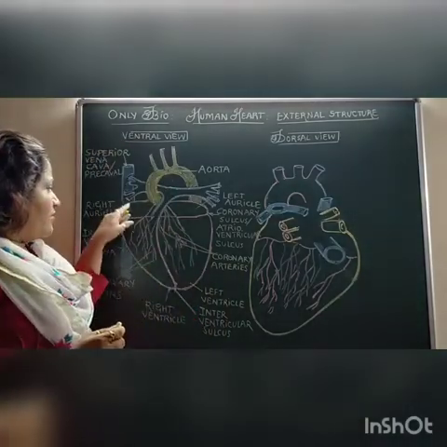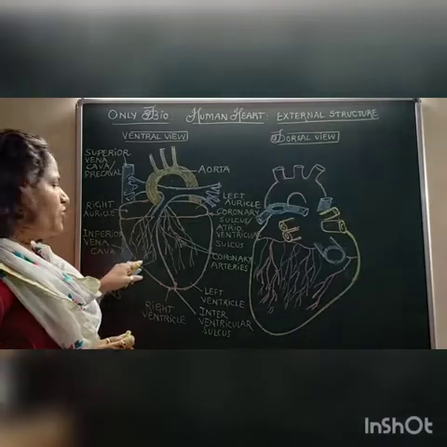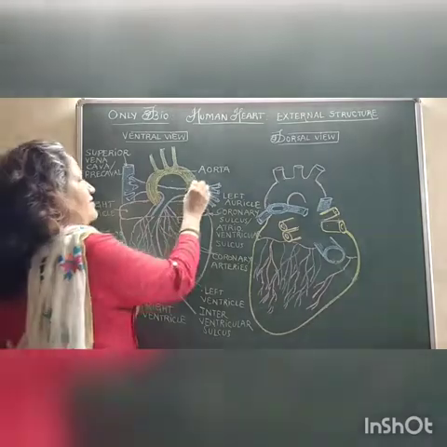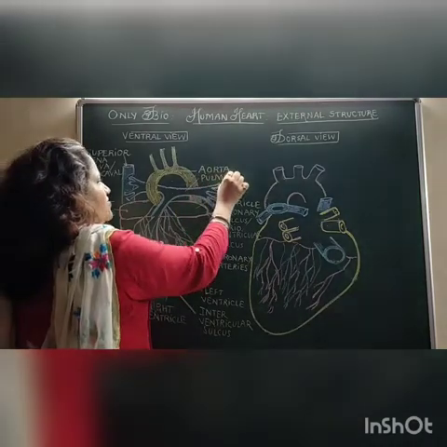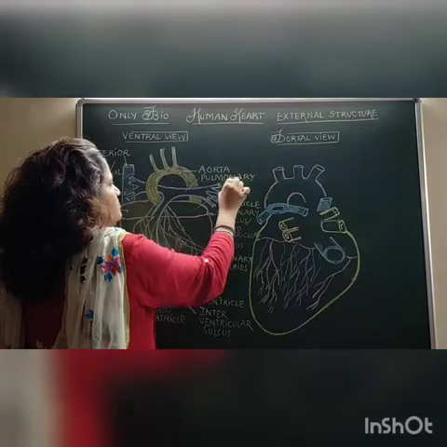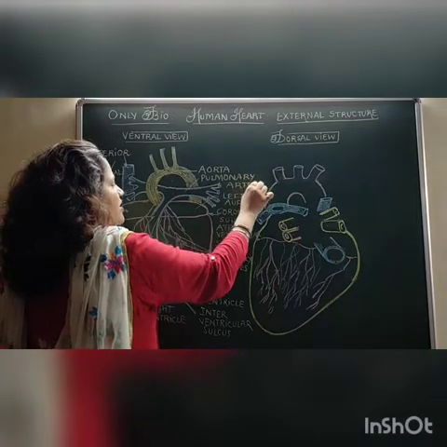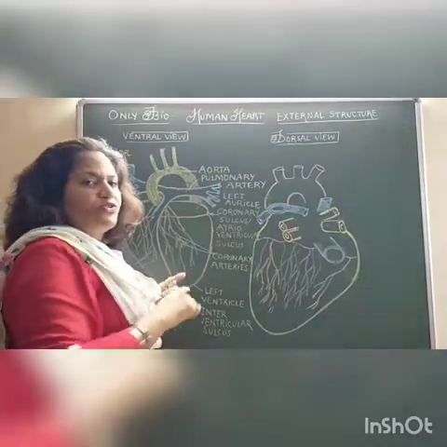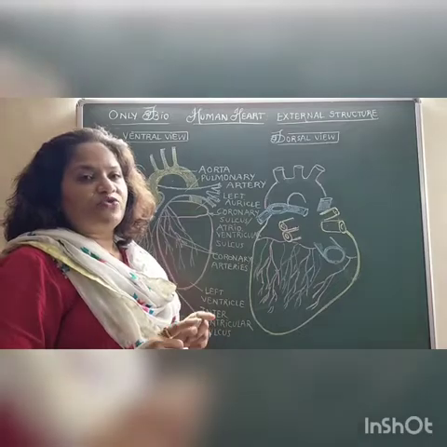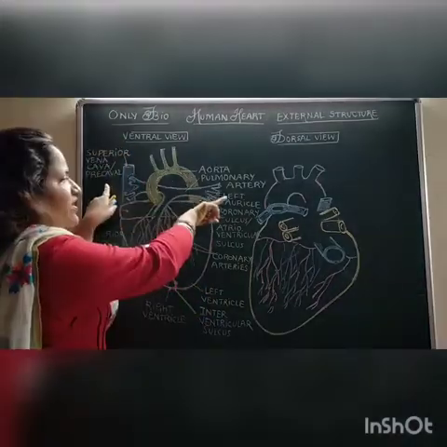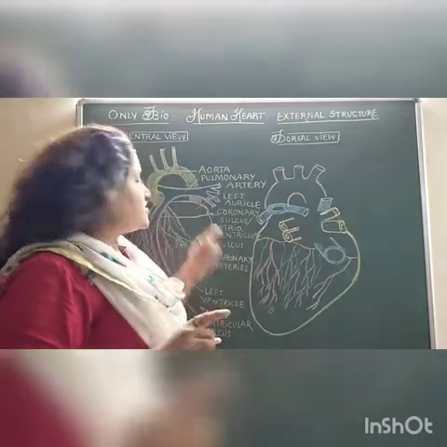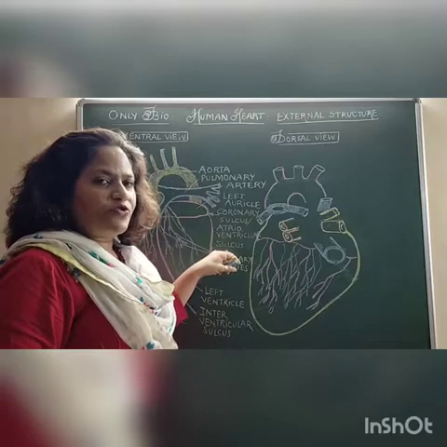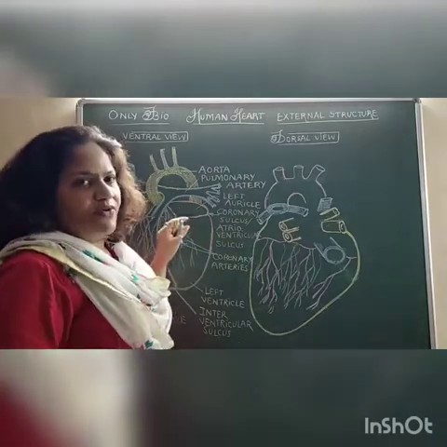Coming to the next point, the impure blood from the right auricle would get into the right ventricle, and from the right ventricle there is a pulmonary artery that emerges. The pulmonary artery takes the impure blood from the right ventricle towards the lungs for the purpose of purification. There is a bifurcation here. We can see it has two main branches. Some volume of blood will be taken towards the left lung for purification, and the other towards the right lung.